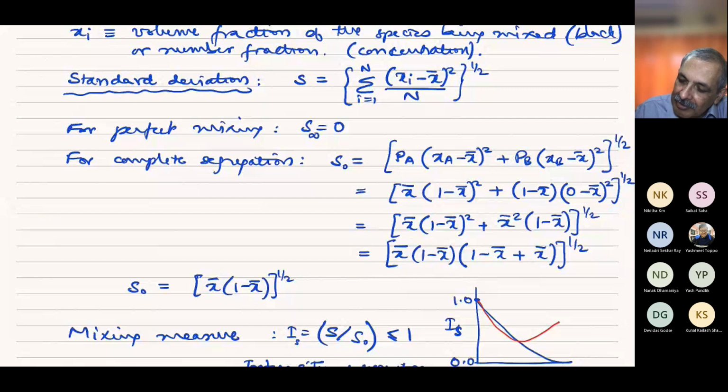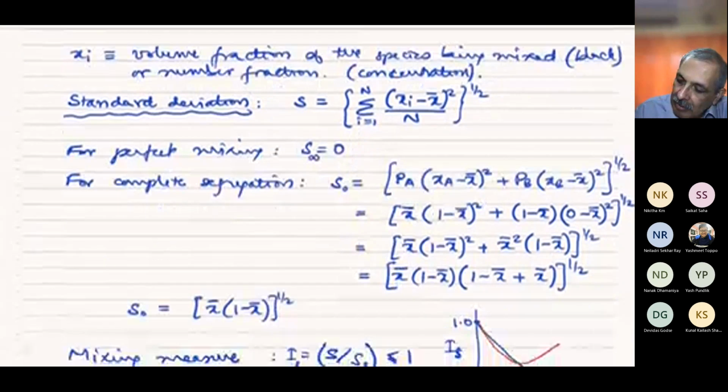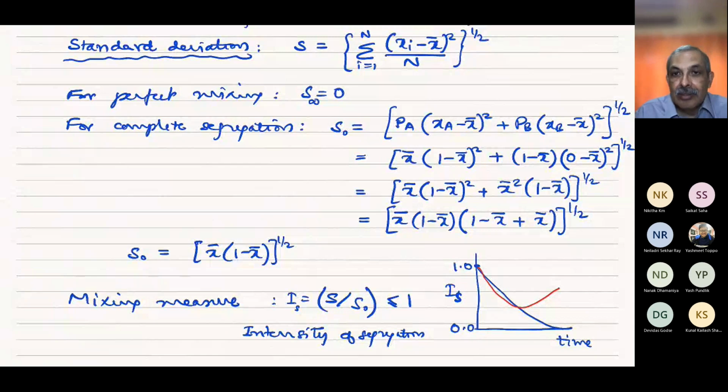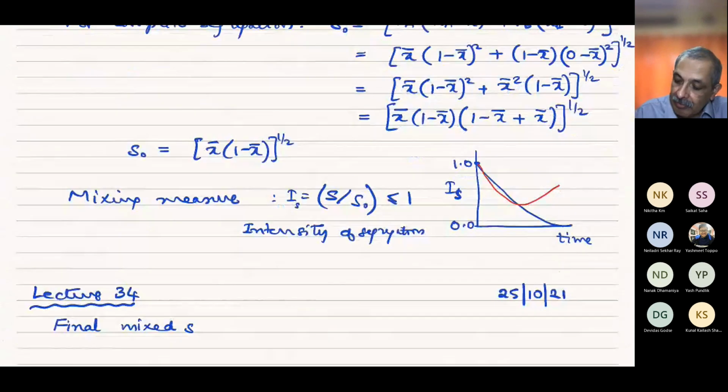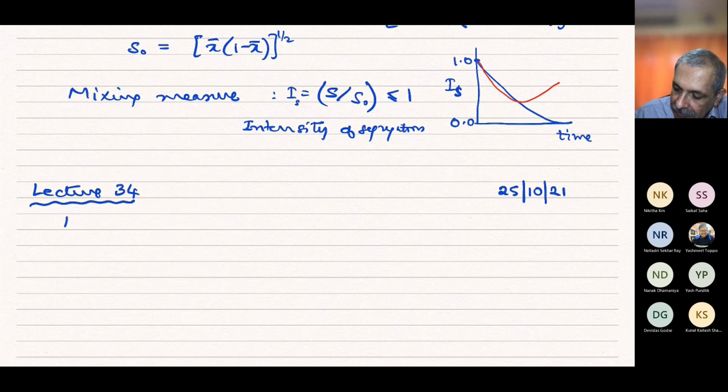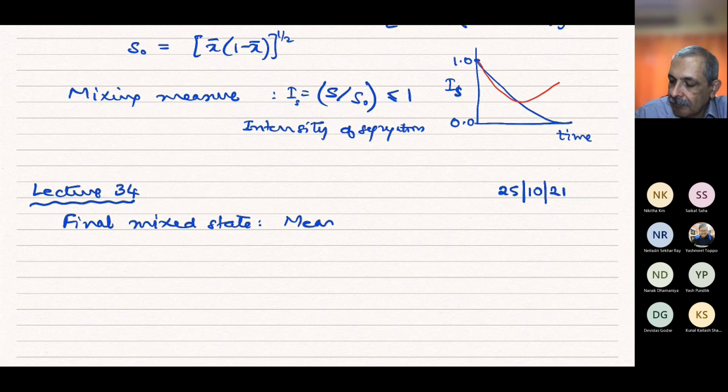So we were talking about all these things last time, the mix state and so forth. And what I said is that the final mix state, the standard deviation will be 0. But this is actually not quite correct. And the reason for that is actually the accuracy of measurement. So if you want to look at the final mixed state, and then you look at measurement errors in that,